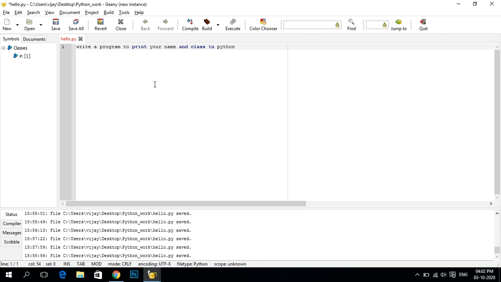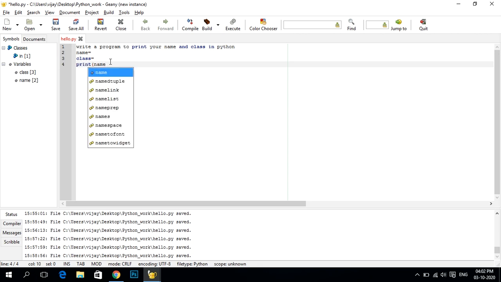Okay, so this one you have to write. First of all, you have to make variables, like name and class. Okay, so these are the two variables. When you write it, just print your name and class.